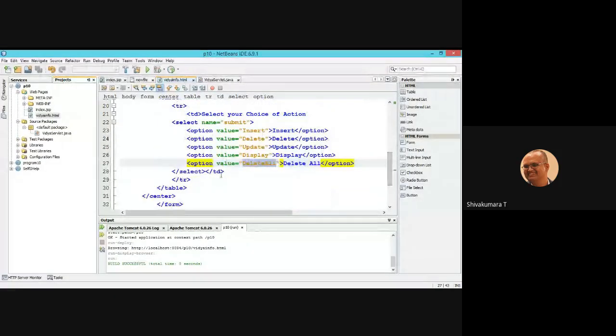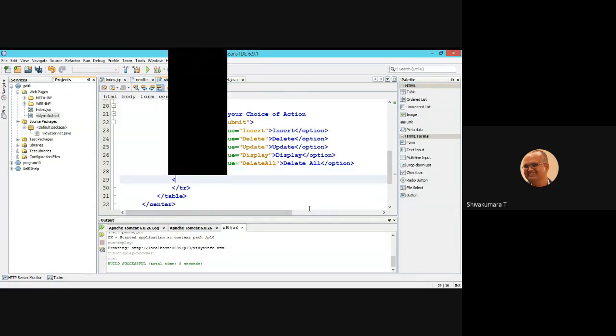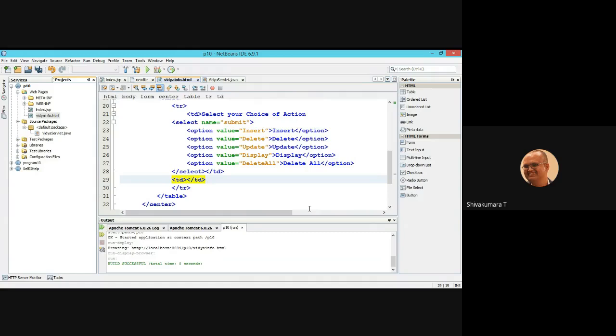After choice TD, add the submit button. You can add here TD, input type equal to submit, value equal to submit, name equal to submit.